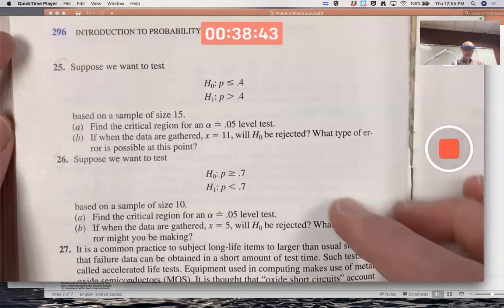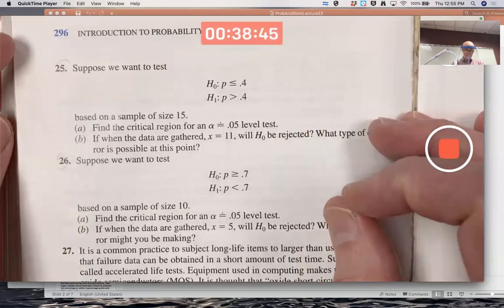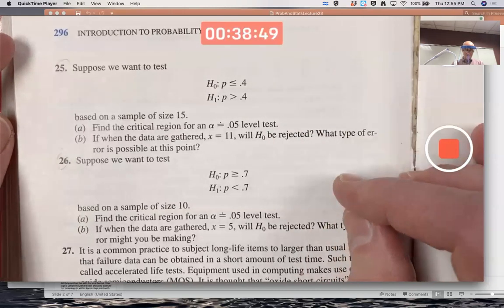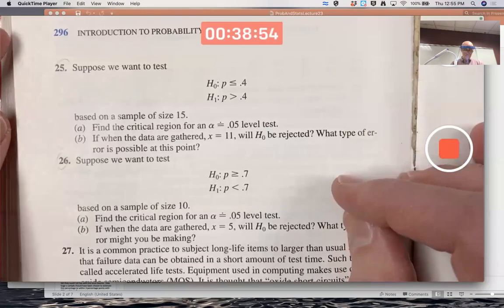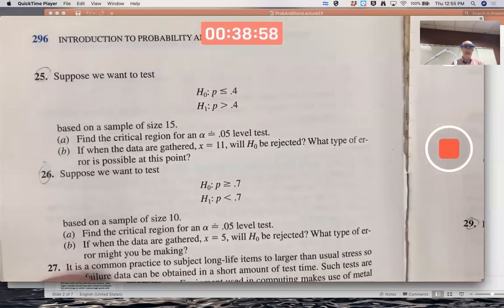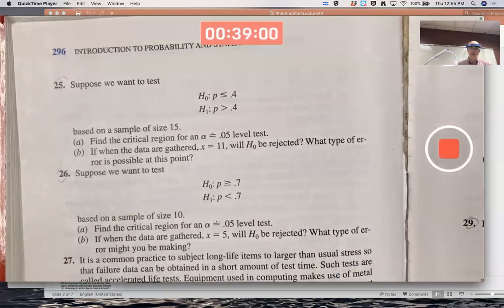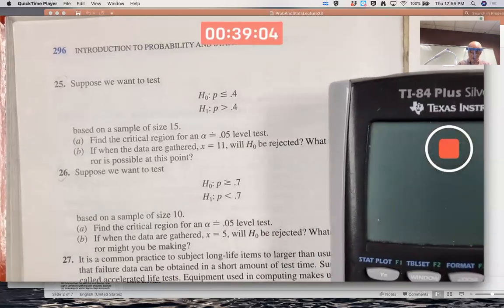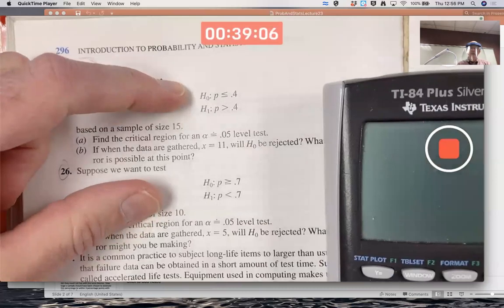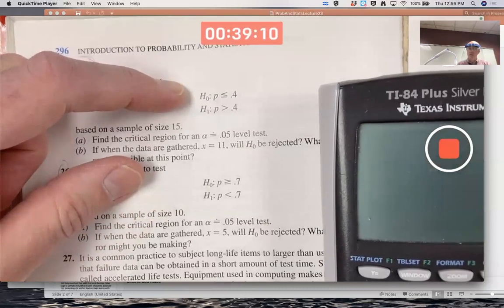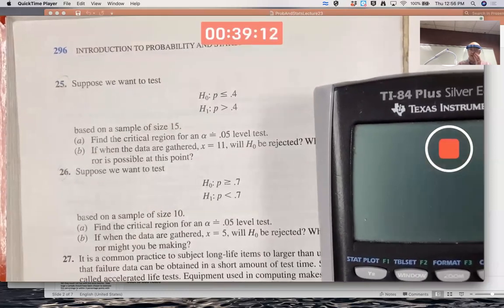So we're testing. It's fine if we're looking at the critical region 10, 11, 12, 13, 14, 15. Yeah, probably it's a very rough approximation is my guess. Let's just double check the calculations. So the null, P is less than or equal to 0.4. If we took the boundary value of 0.4,